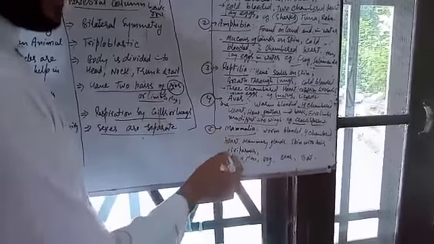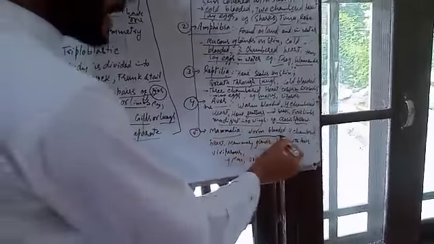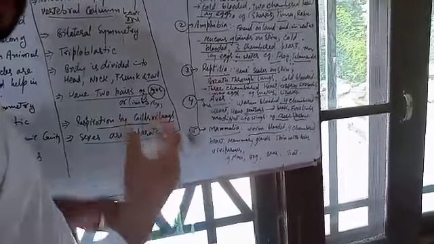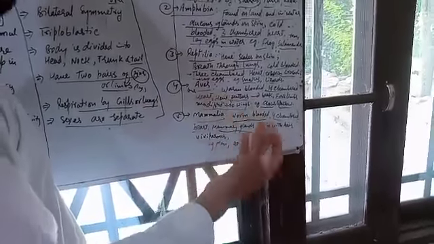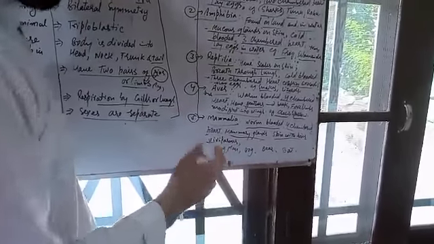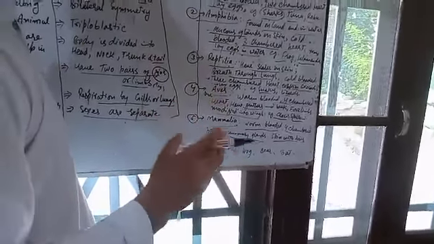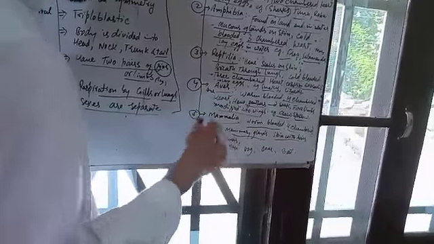Next is Mammalia. These are warm-blooded. That means they have a fixed body temperature. Four-chambered heart: two auricles and two ventricles. Mammary glands. An important characteristic feature, they have mammary glands to feed their young ones. Skin with hair. Their skin is covered with hair. They are viviparous. Viviparous means they give birth directly to young ones. They do not lay eggs like birds or Aves. Examples are man, dog, bear, bat. These are the examples of mammals.